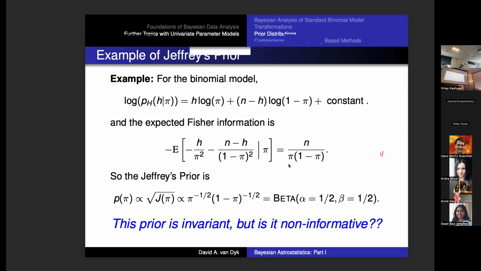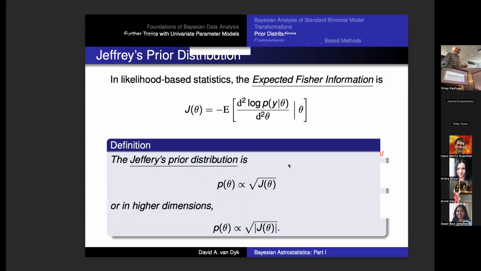But you'll hear people talk about Jeffreys priors. And if your model's not too complicated, it is something you can do. And it is quite objective because it's not based on your data or your beliefs. It's based on an algorithm to get some nice properties. So it's something to consider. It does get complicated again if you have a complicated model, but it's a nice thing to have in your back pocket.